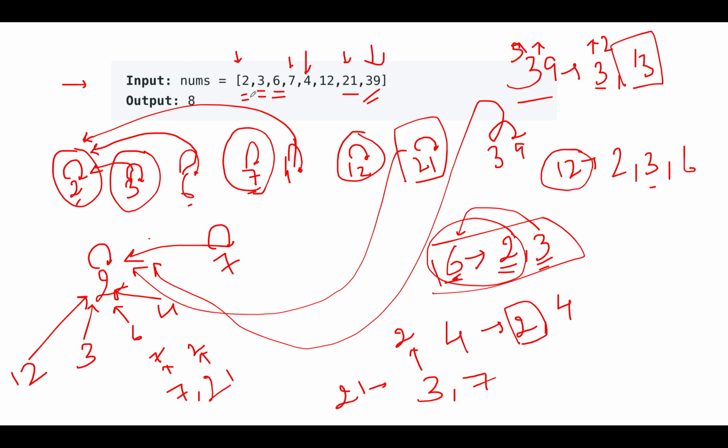Now we have completed the iteration of all the elements, and what do we see here? We see here that all these elements that are present in this input array have their parent set as 2. So if I count those entries where the parent has been set as a common parent, that would come out to be as 8, and that parent value would be equal to 2.